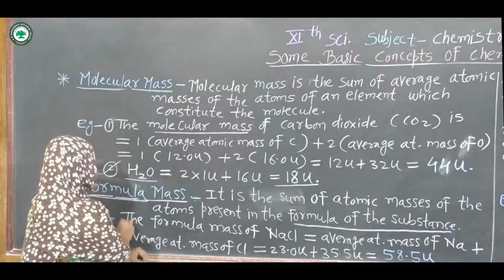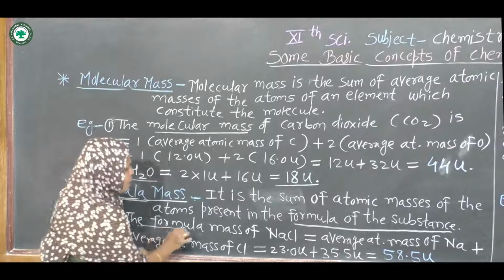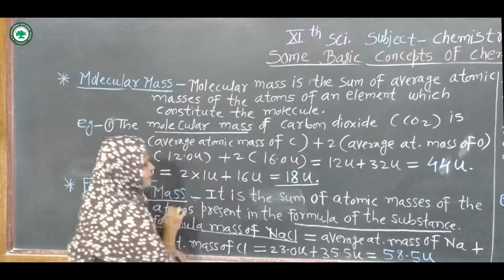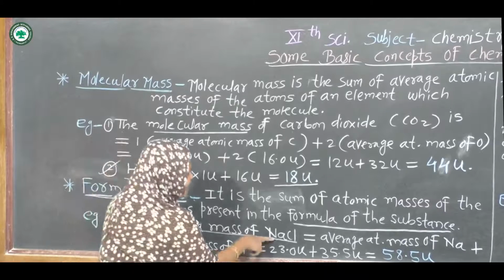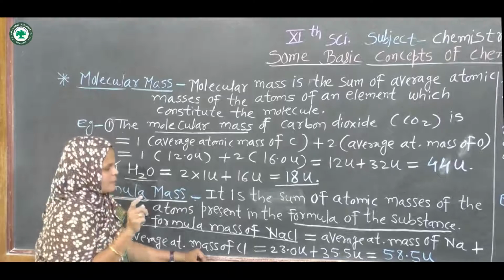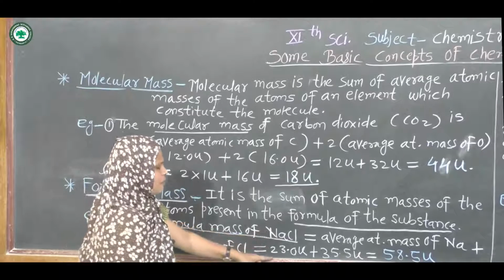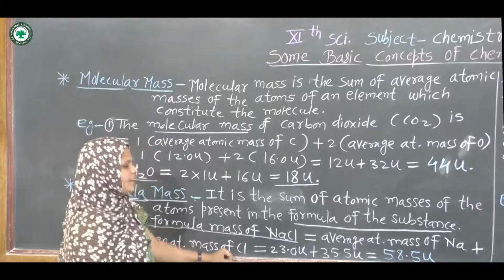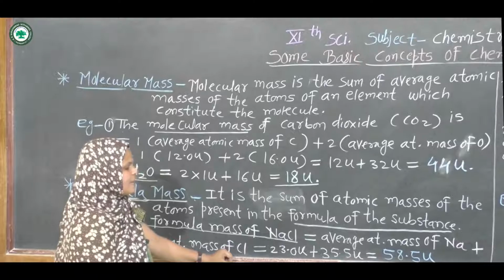We see here one example, to calculate the formula mass of NaCl. NaCl is an ionic compound. In NaCl, the sodium atom has atomic number 11 and atomic mass 23. Chlorine has atomic number 17 and average atomic mass